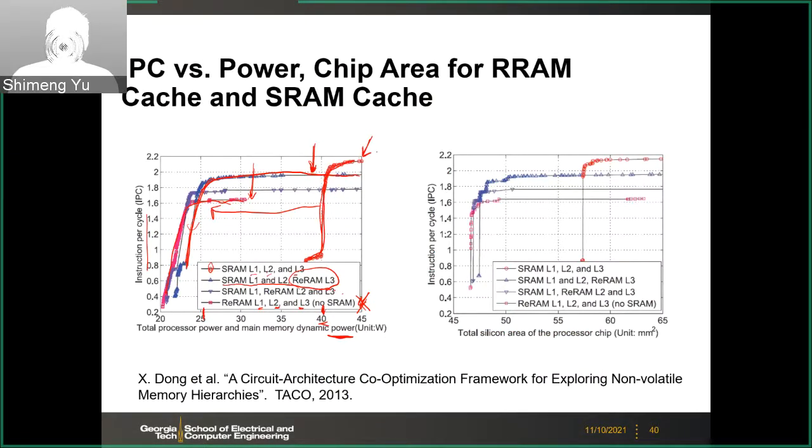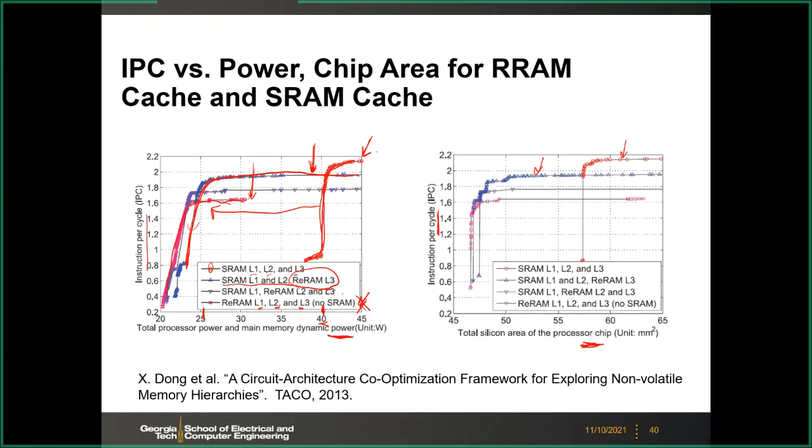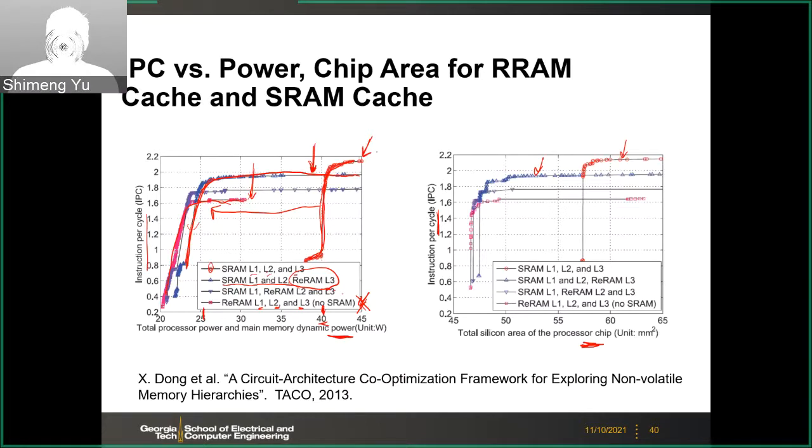And here, this is another trade-off between the IPC and the total area of the chip. Similar trade-off as before: with SRAM design, you have larger chip area but better performance, and with RRAM you have smaller chip area and then reduced IPC. Of course, those conclusions can be speculated even before you run the simulation. But if you want to get something quantitative, like how much worse the IPC will go if you change to RRAM,